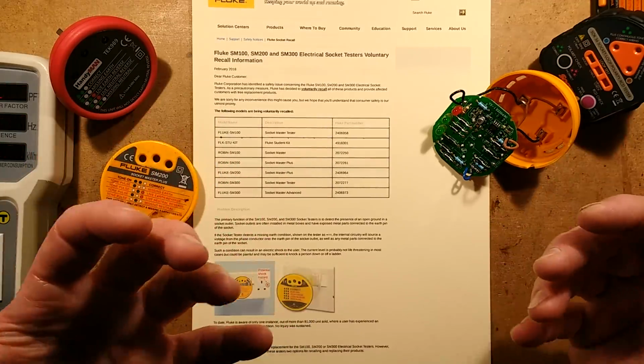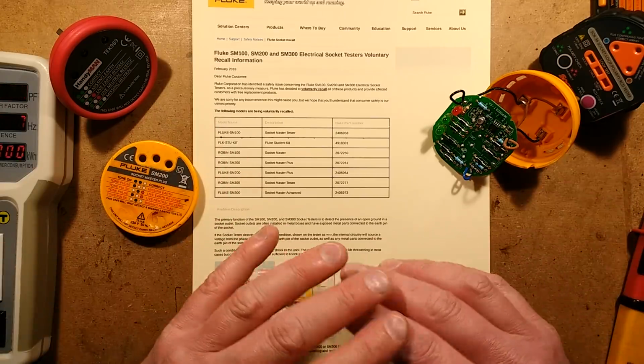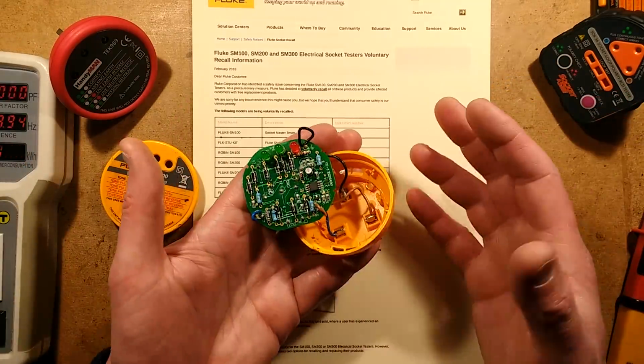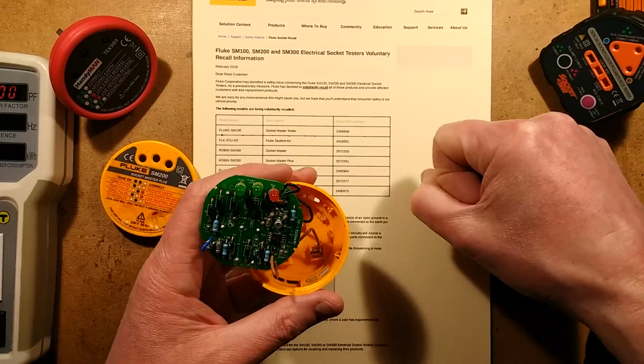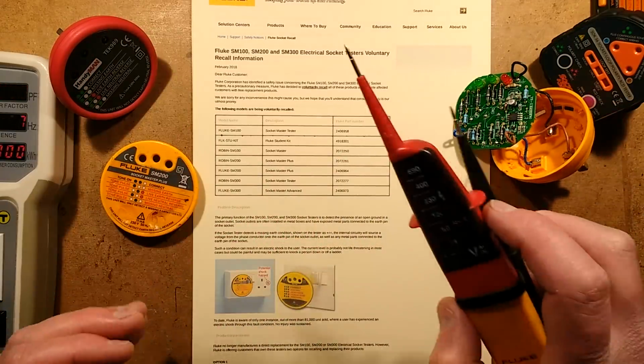As I say, it's not what I'd regard as life-threatening, but if you're using it in an environment that you have complete knowledge of, control of, then it's fine. There is the risk that if you use this in a building and there is a break in the earth circuit somewhere, then someone holding a metal appliance could get a tingle off it. That is the downside. So if you do want to return it, you get the choice of